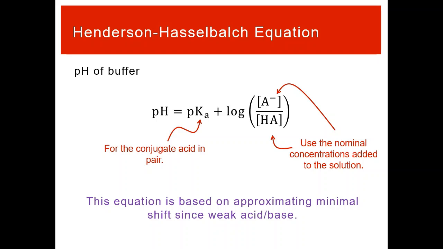This equation comes from using an ice table description, looking at how your conjugate pair interact with water, make hydroniums and hydroxides, and you can combine all of that into a single equation based on approximations of minimal shift, since it's weak acids and weak bases. And you end up with this equation: the pH of a buffer is equal to pKa plus log, that's a base 10 log, of the concentration of A minus over the concentration